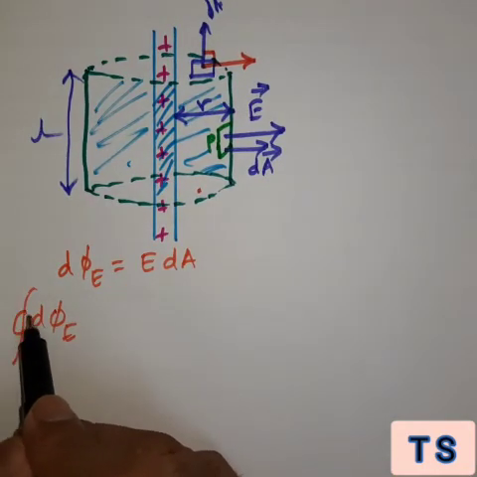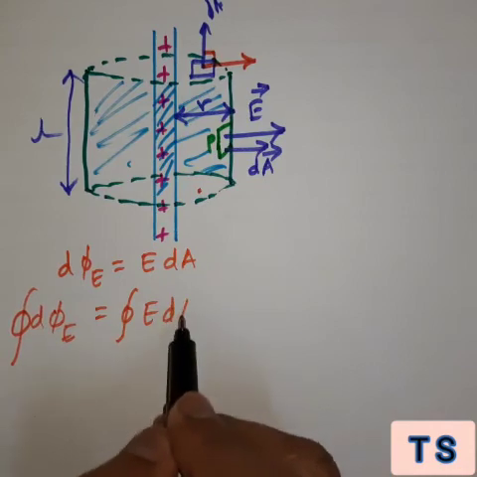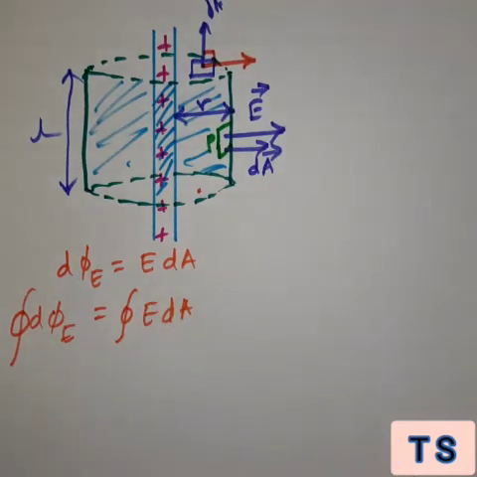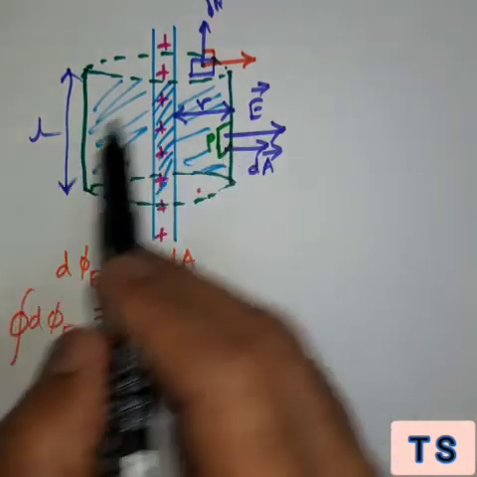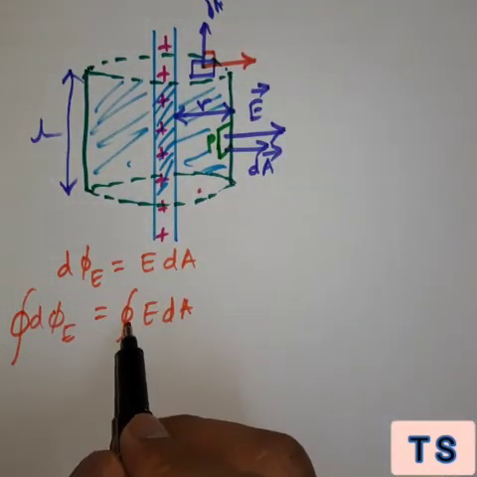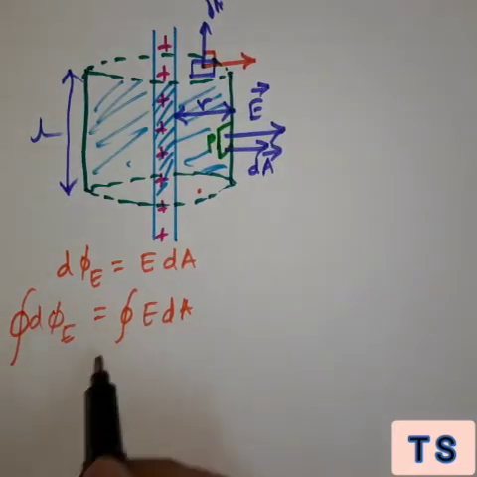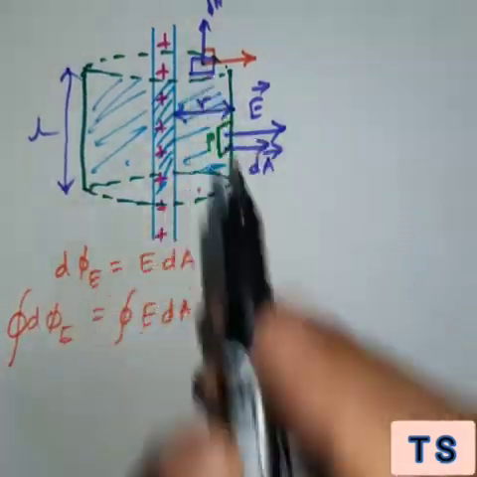So across the closed surface I integrate this, and here also I take a closed surface and I integrate this. But now what is the issue over here? I cannot take this as a closed surface, because this will be my curved surface and these are the two other surfaces. So here in this case, if I take this as my closed surface, then I am including my curved surface as well as the plane surface also.